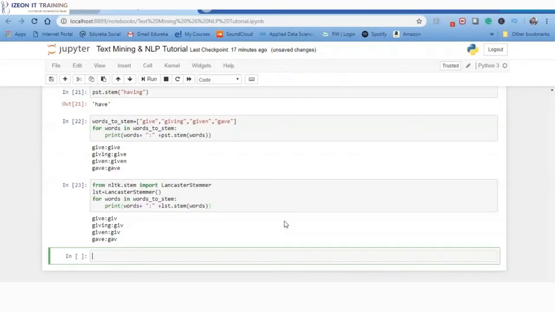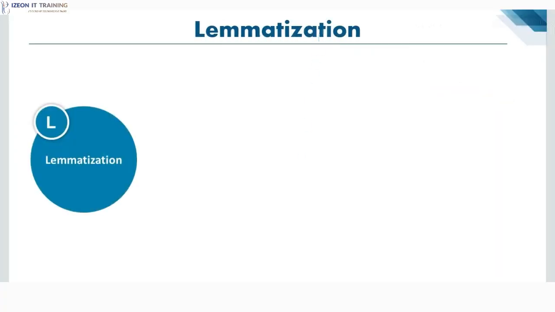Now, there are a lot of stemmers. There is also the Snowball stemmer, where you need to specify the language which you are using and then use the Snowball stemmer. As we discussed, the stemming algorithm works by cutting off the end or the beginning of the word. On the other hand, lemmatization takes into consideration the morphological analysis of the word. In order to do so, it is necessary to have a detailed dictionary which the algorithm can look into to link the form back to its lemma.